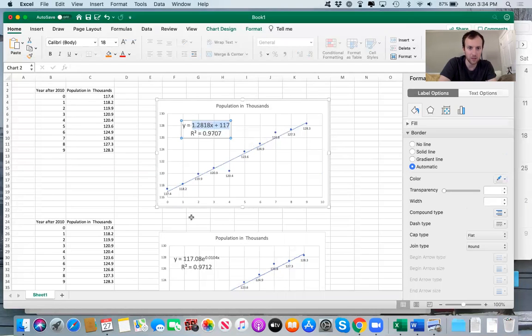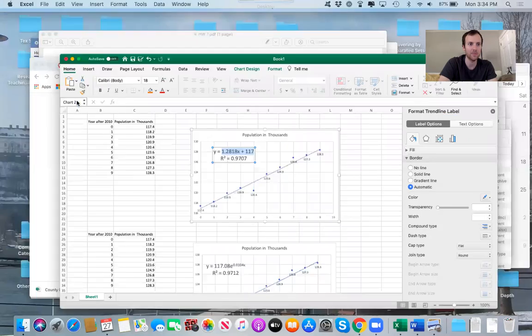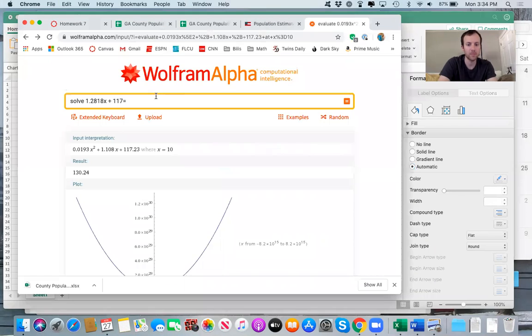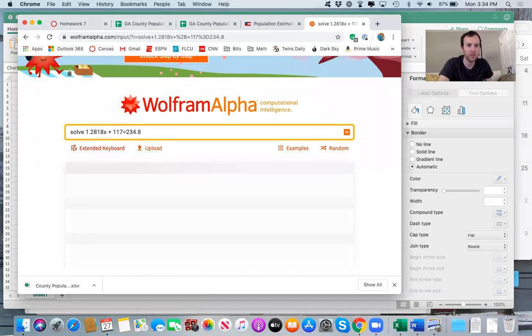So in here, the initial value was 117.4. If we multiply that by 2, we get 234.8. And then if we hit enter and solve this,